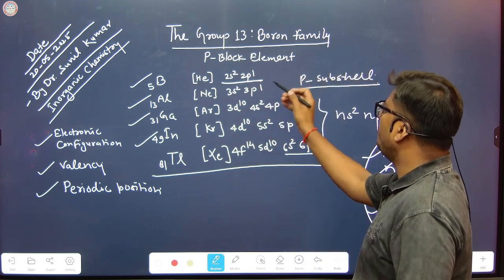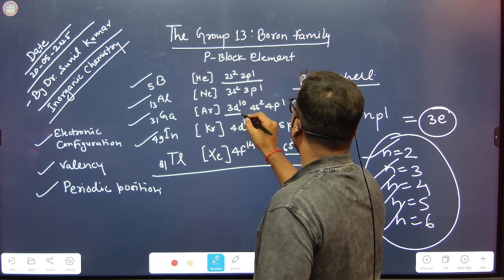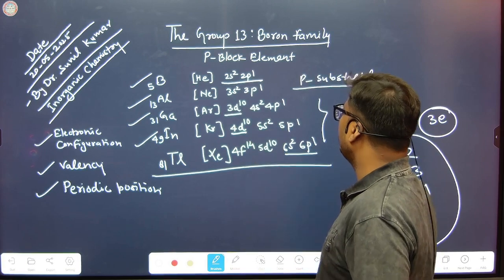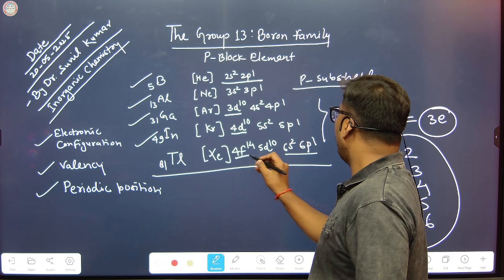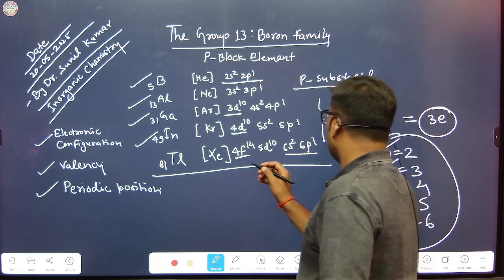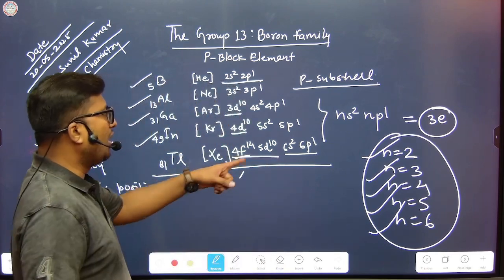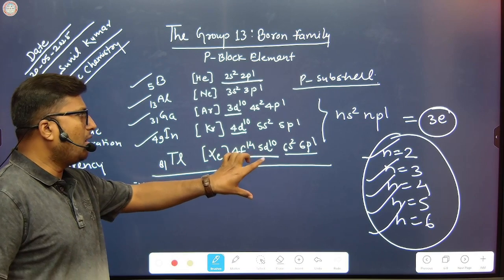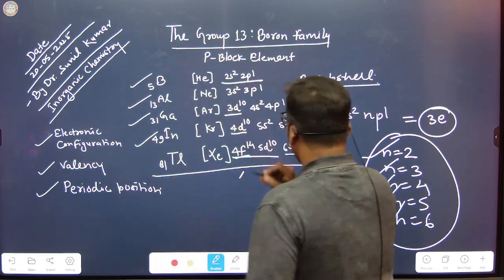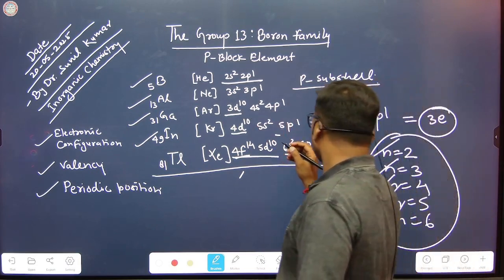So 2s2 2p1, 3s2 3p1, and 3d10 that is completely filled, right? So 4d10 that is completely filled, and 4f14 it is also completely filled. Here in the last elements, f and d subshells are both present as intervening subshells. Here d orbitals are present, here also d orbitals are present, right? So